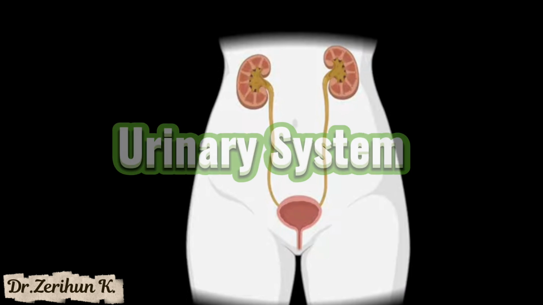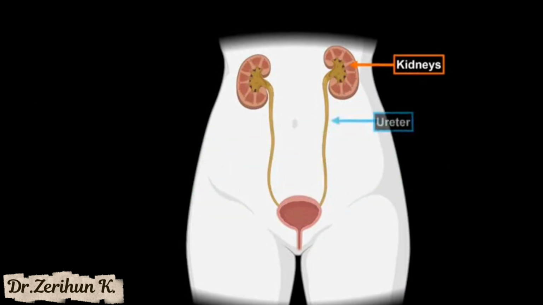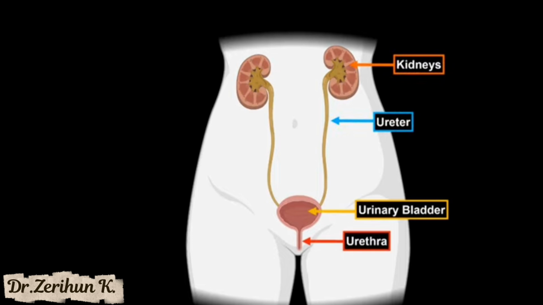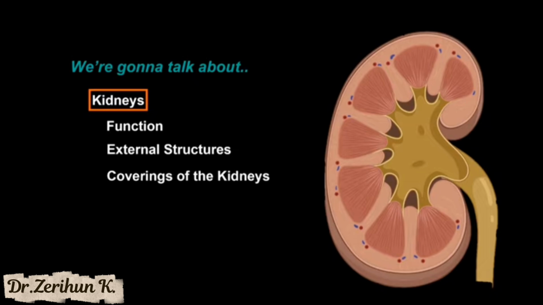So the urinary system, the organs of the urinary system, the kidney, ureter, urinary bladder and the urethra are included under the urinary system. So today we have the kidney, function of kidney, external structure of kidney, covering of the kidneys, and the internal